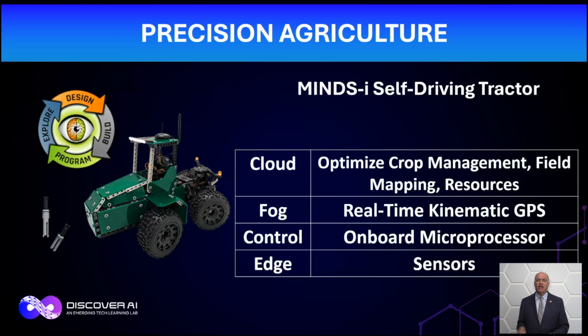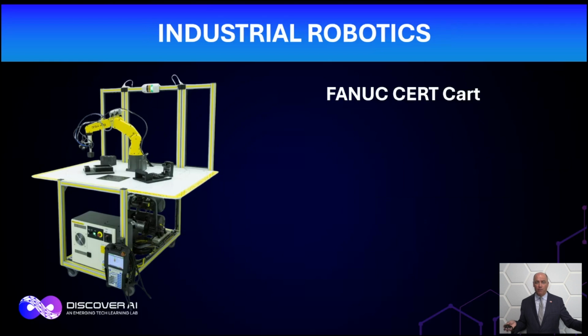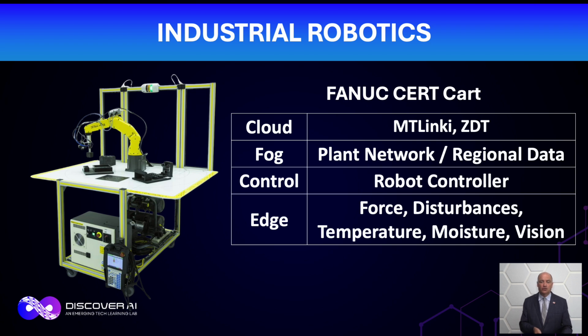Industrial robotics using the FANUC cert card. So we can do all kinds of things with robotics, and certainly learning how to operate and program an industrial robot, really, really important. But think about all the other things that we can do with the FANUC cert card. We have all kinds of smart sensors on those cert cards that are measuring things like temperature and disturbances and force and moisture and humidity, sending that information to the robot controller and in turn to a data collector or